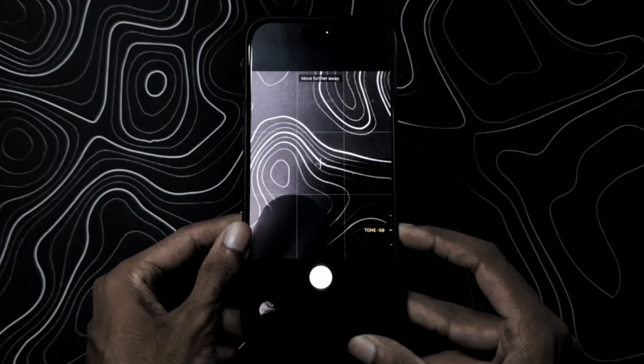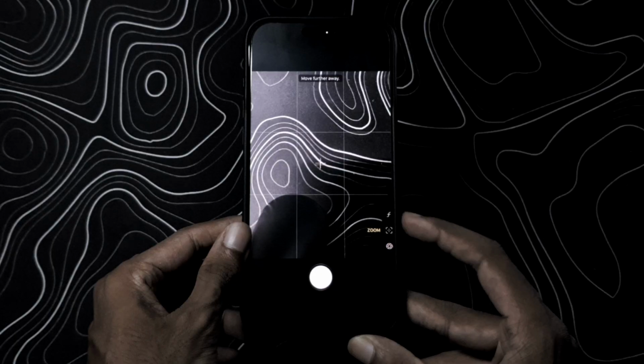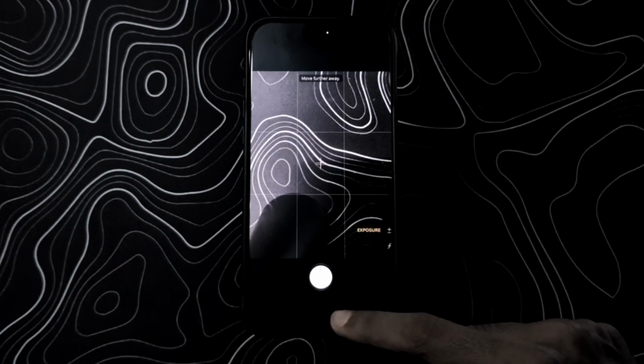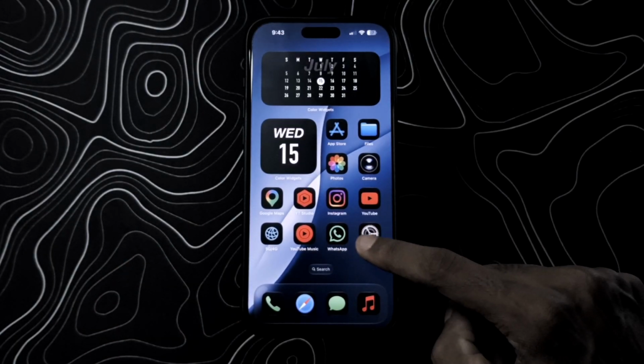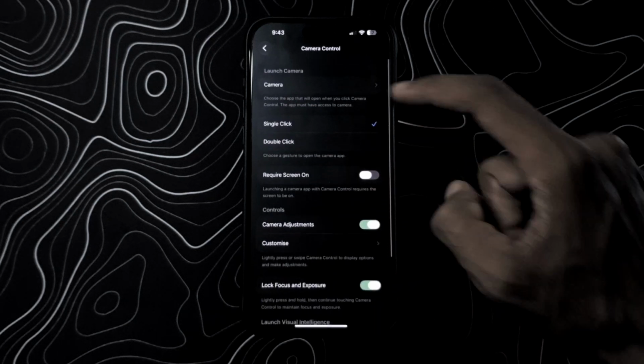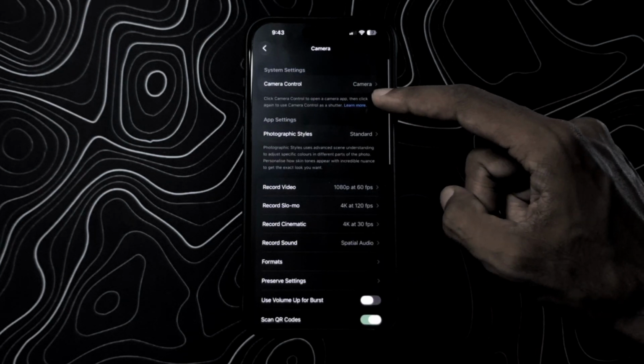Click harder than a light press to capture a photo. I would personally not recommend you using this one because the photos can come a bit blurry. Instead, just tap on the shutter button to take a photo.